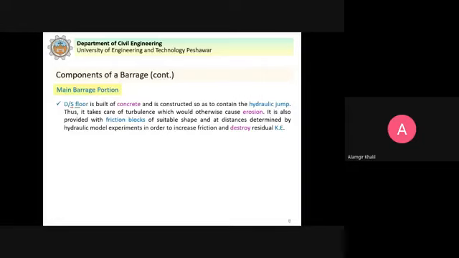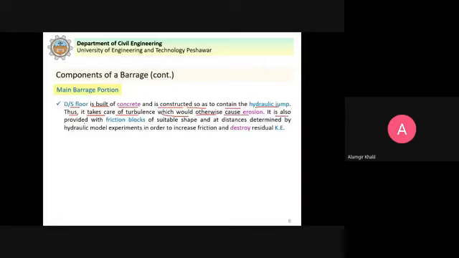The downstream floor is built of concrete and is constructed so as to contain the hydraulic jump, as you already saw in the figure. Thus, it takes care of turbulence which would otherwise cause erosion.